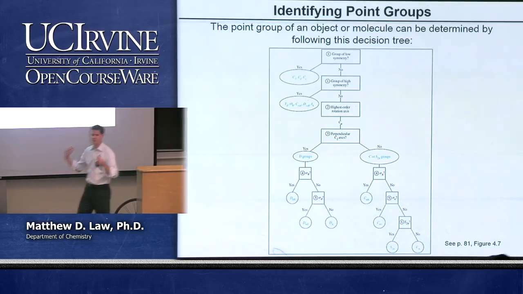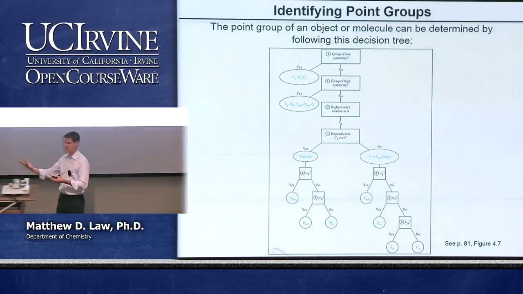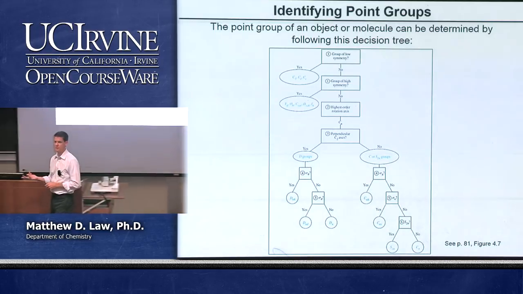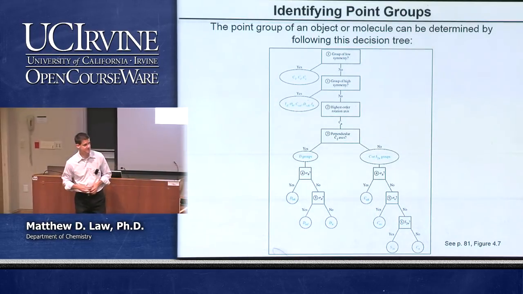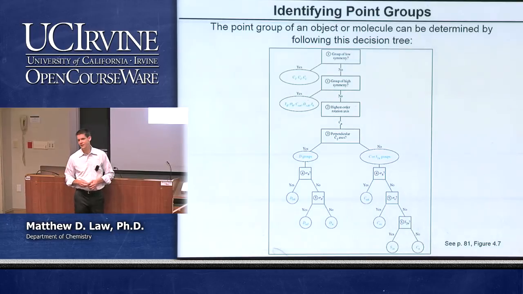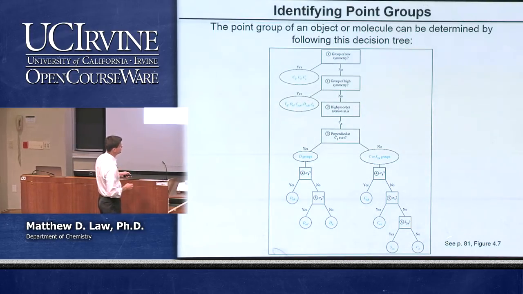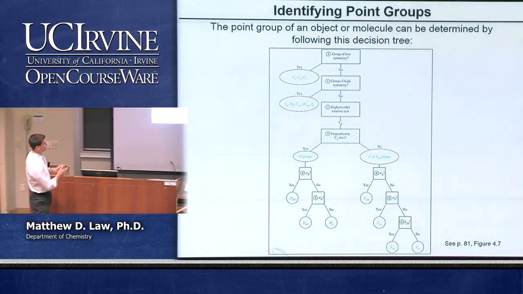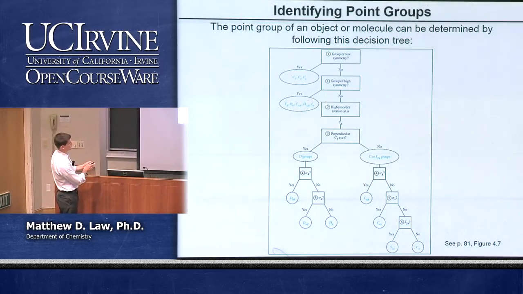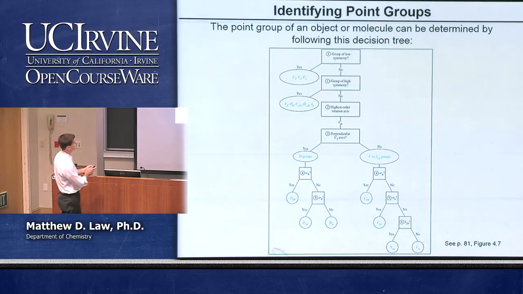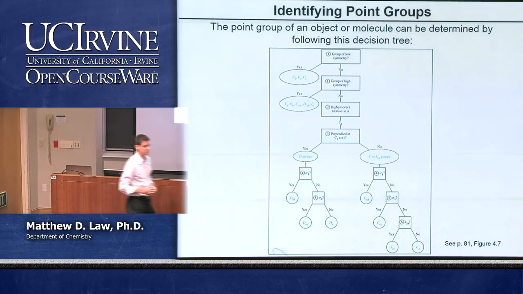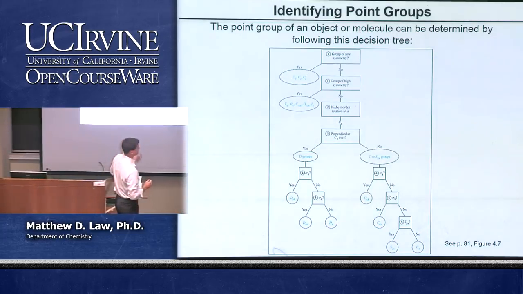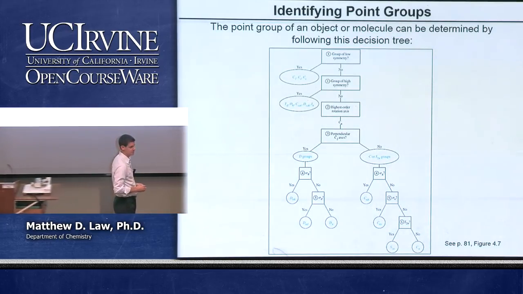Okay. How do we tell, when we're given a molecule just on a piece of paper, what its point group is? Well, lucky for us all, there is a tried and true, fail-safe decision tree that we can follow to categorize point groups. This is the decision tree, page 81 in your book, figure 4.7. It works every time. We start here at the top of the decision tree and make our way down, and you can see there's a split or two that happen. First question we ask: is it a group of low symmetry? If it is, then it's either C1, Cs, or Ci, and we're done.